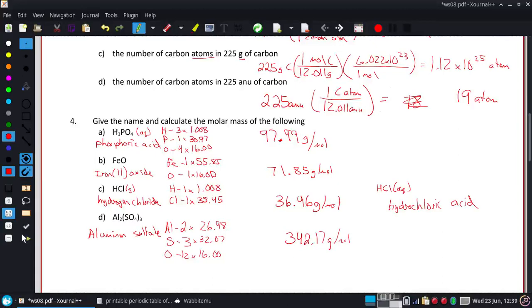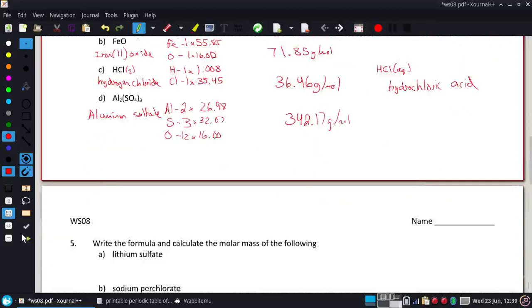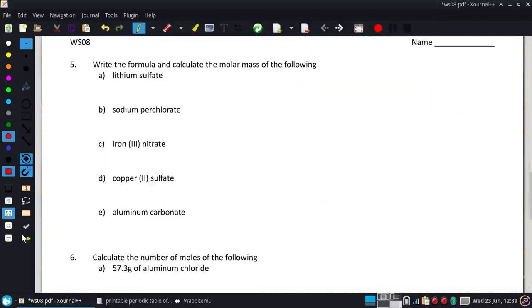All right. On part 5, we have to figure out the formulas and then get the molar mass. I'm going to do something a little bit different this time because I noticed those inks were all running together. So lithium is a +1, sulfate is a -2, so lithium sulfate is Li2SO4. A 2 right there. And therefore, the